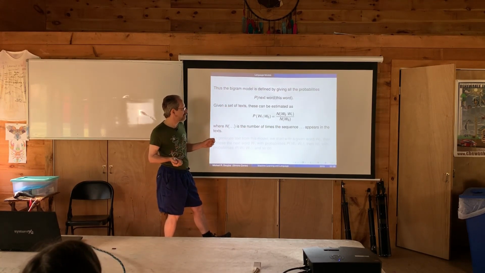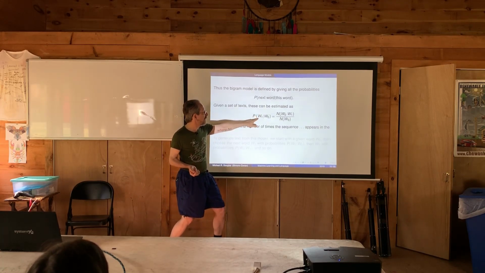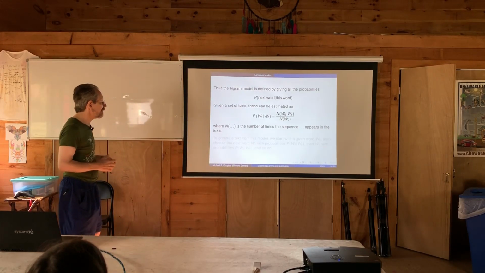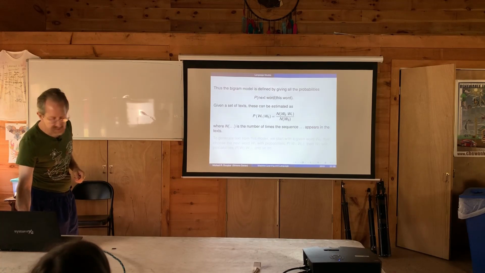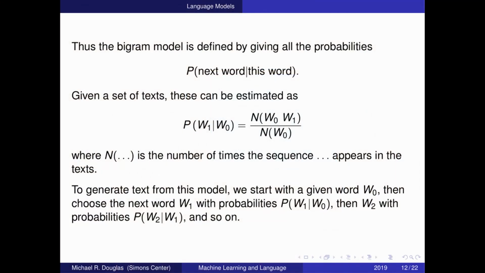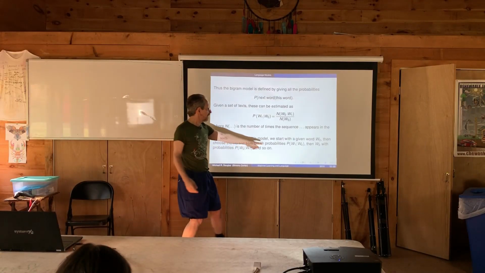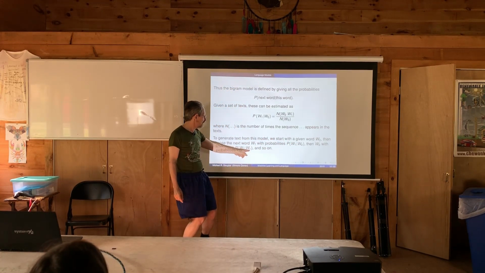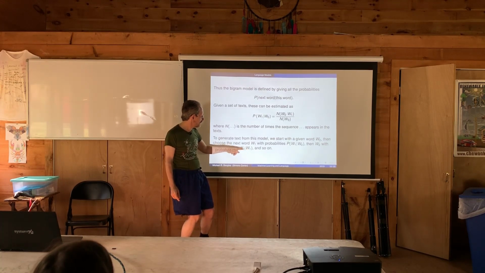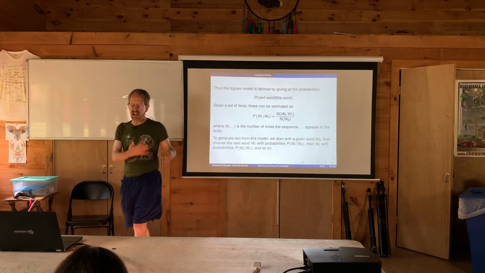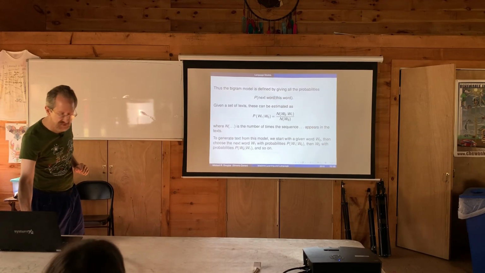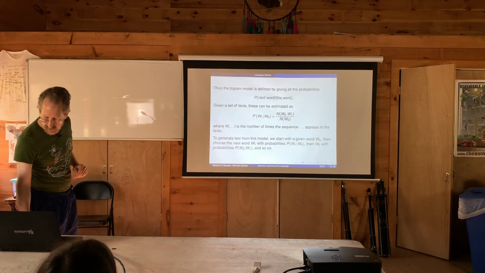And of course, it does satisfy this property that if you sum up over the W1s with a fixed W0, they add up to 1. That was the main thing, to say that it's actually a probability. And if you got that, then it's straightforward. We start with a word, we'll just pick a word, "how". Then we know these probabilities, so we pick the next word W1 with these probabilities. And now we know W1, so we pick word W2 with these probabilities, and so on. That gives exactly the information you need to sequence through the text and pick each word successively. So that's a Markov chain.